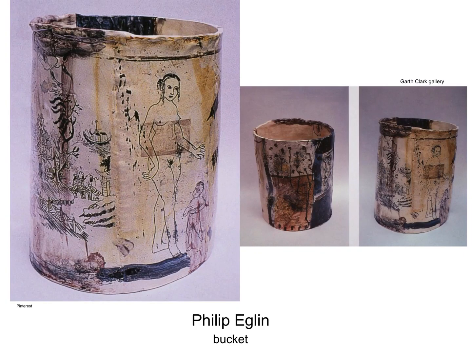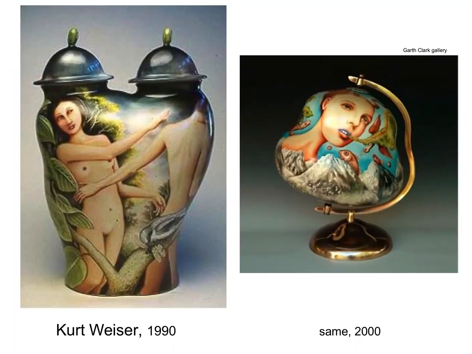Again, a reference to the Blue Willow pattern in the work of Philip Eglin, those large buckets where the form is basically very ordinary, very banal, very dismissible. It's just a cylinder, quite a large one actually, almost half a meter tall, over which he has applied those very exciting images. While Kurt Weiser, using the all-over possibilities of images on ceramic forms, creates very psychological images